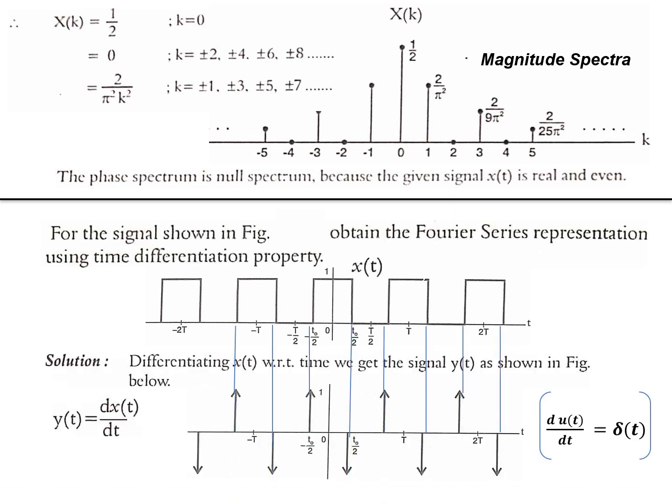See, when I differentiated a square pulse, I got an impulse train, an alternating impulse train. Because of the positive and negative step, the impulse train is alternating. So this is exactly what happens when I differentiate a square pulse. Now I am using this second graph for finding the Fourier series of the first graph by using the property called time differentiation. That's what the problem also says.